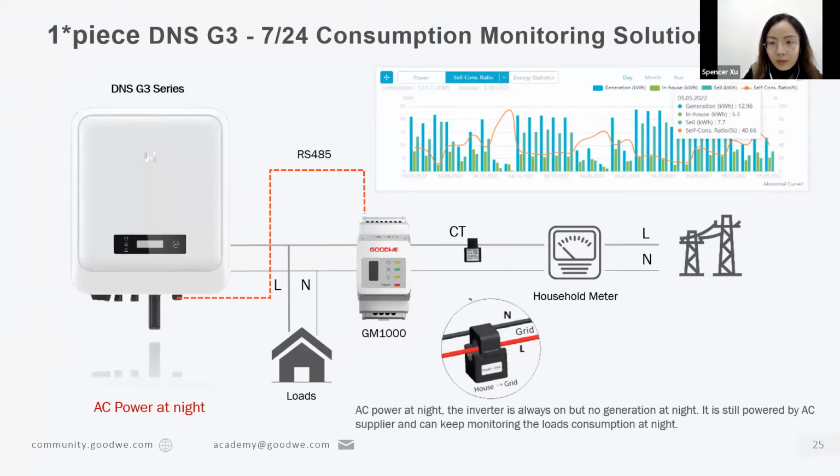Because for our newest, the third generation series, like the DNSG3, we have this one that can be chosen as AC power at night, which means the inverter will be powered 24/7. So we don't have to have the independent power supply for the meter. So in this case, we can use GM1000 with 1 CT to realize the